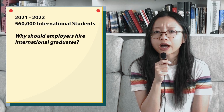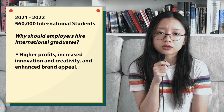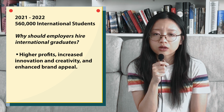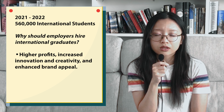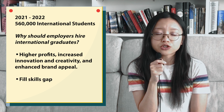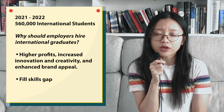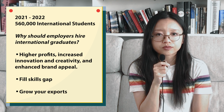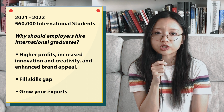Why should employers hire international graduates? First of all, the study shows that firms that have higher culture and ethnic diversity in their executive teams are more likely to outperform their rivals in profit making by over 36%. Secondly, international graduates can fill the skills gaps, especially in engineering, IT, and biological science. Thirdly, firms can grow exports by harnessing the international graduates' home country knowledge and languages such as Mandarin and